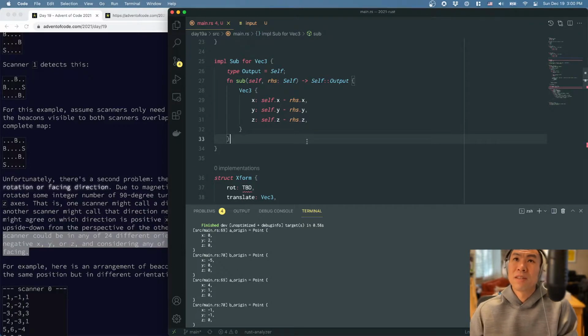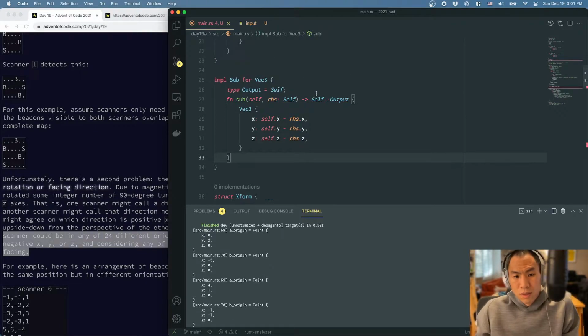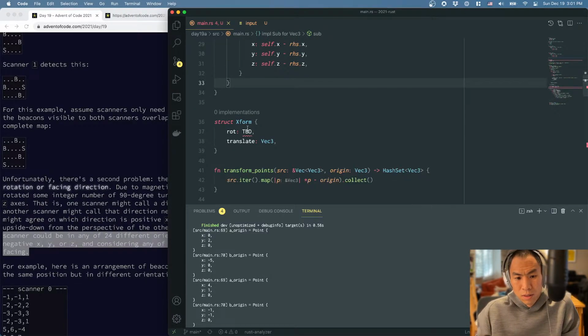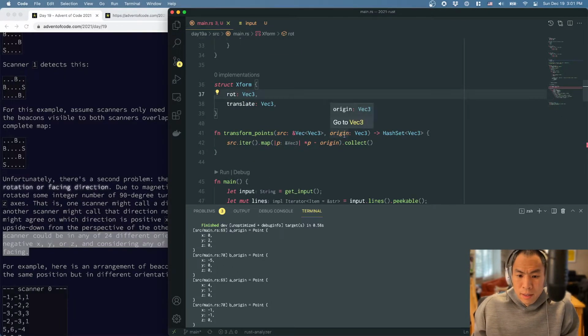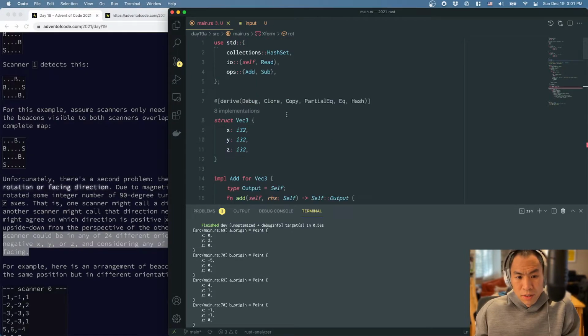I mean, it's infinite, but at the same time, we could just put it into like 3 nested for loops, right? 4 rotations around the x-axis, 4 rotations around the y-axis, and then 4 rotations around the z-axis. So we could just call it a vec3 here. And then to rotate a vector,